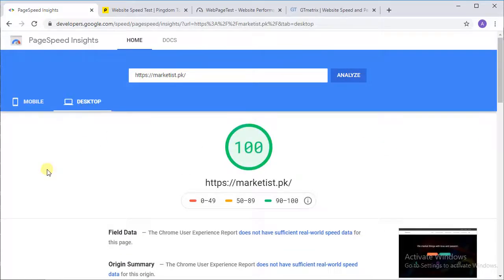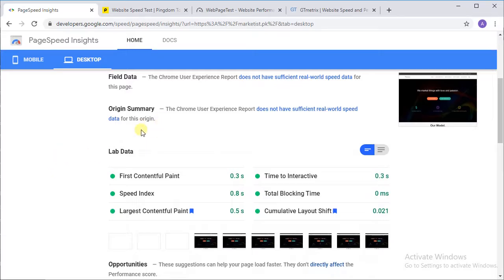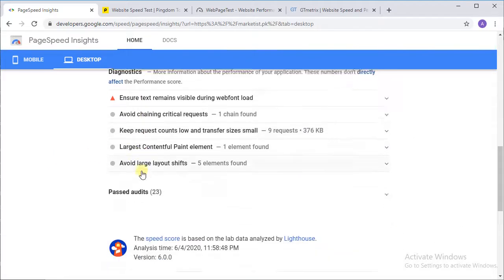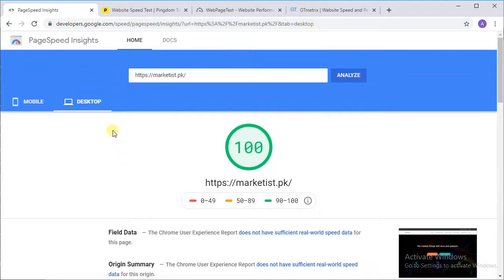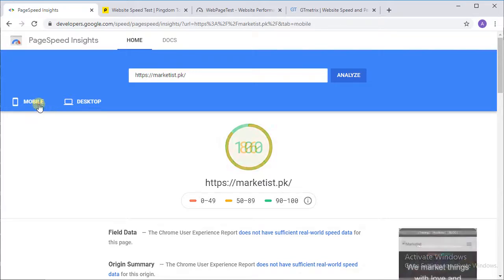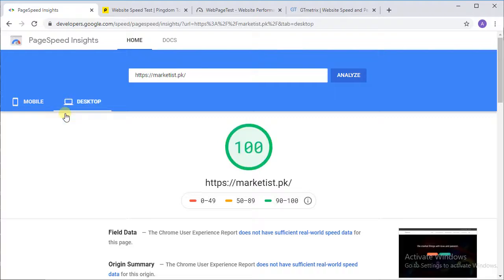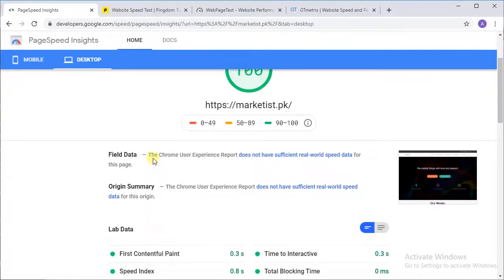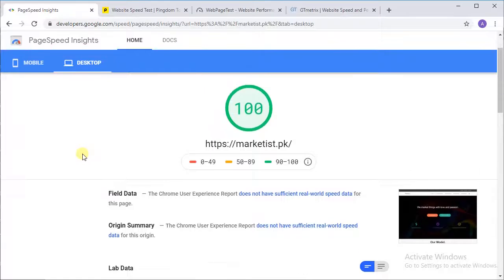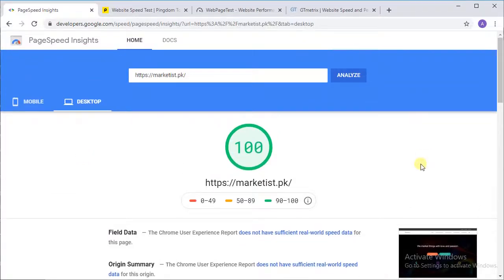Let's go to desktop. Everything is the same: lab data, field data, opportunities, diagnostics. But your website has better speed on desktop than mobile, because the theme we are using maybe is not responsive, maybe it is less responsive. That is why our score is less on mobile and good on desktop. So this is our first page speed insight tool. So let's move to another, which is